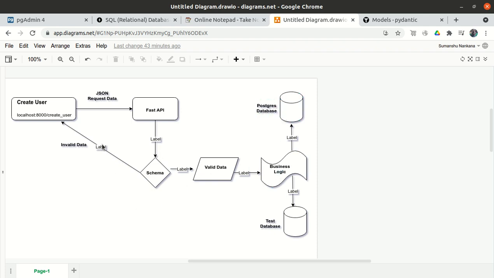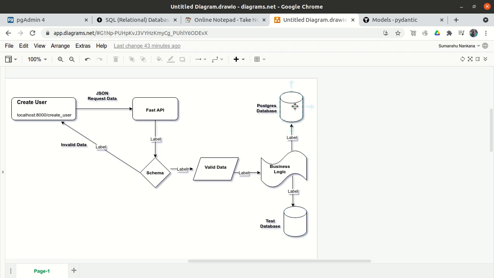You will use the same flow, the same application, and you don't even want to create a different instance of that application. You will use the same code, same application, but rather than inserting into the production database, you want to insert into the test database, right? So we have to create some way so that during our testing the data is inserted into the test database, and when we put this application into production, the data gets inserted into the production database, right? So this is called dependency injection.